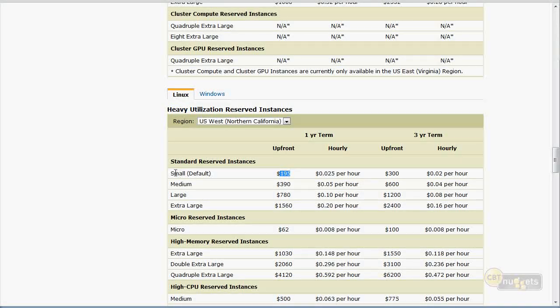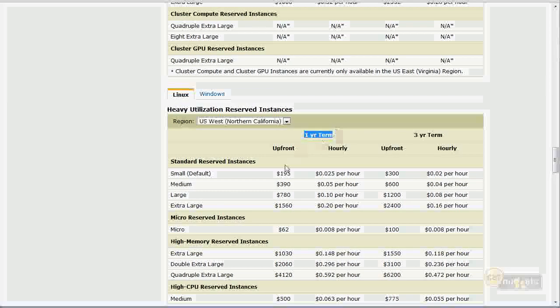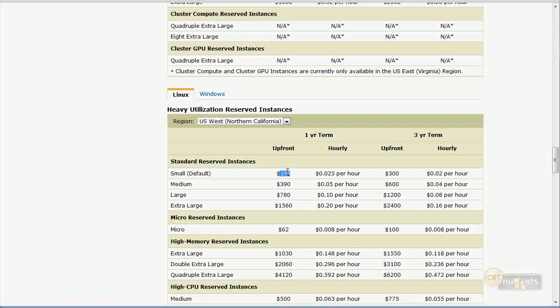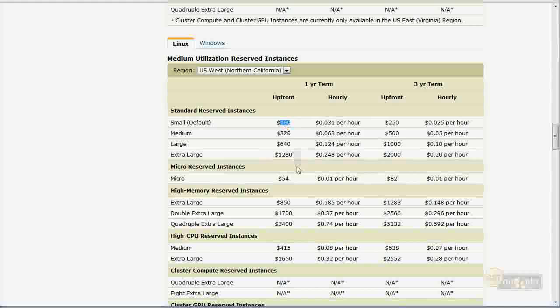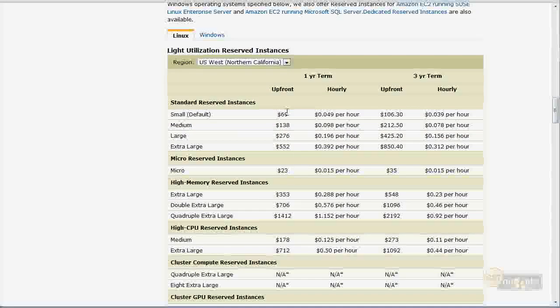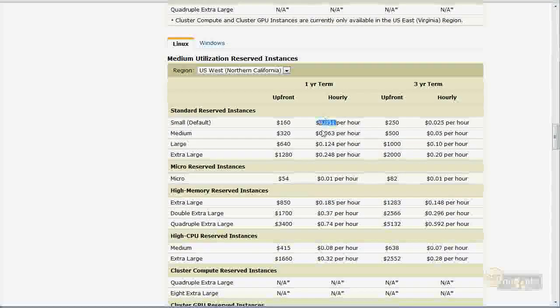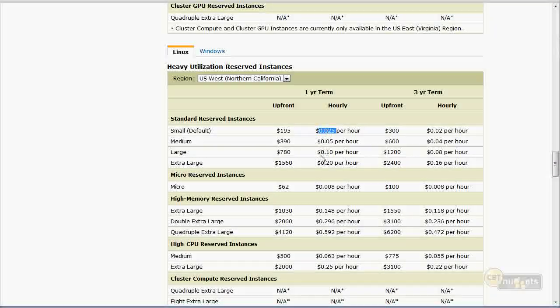For a 1-year term, heavy utilization for a small reserved instance, $195 down payment. For a medium, $160 down payment. For a light, $69 down payment. So immediately I'm seeing the impact, but I'm also seeing that for the 1-year term, light has a higher cost per hour, medium a medium cost per hour, and heavy a lower cost per hour.